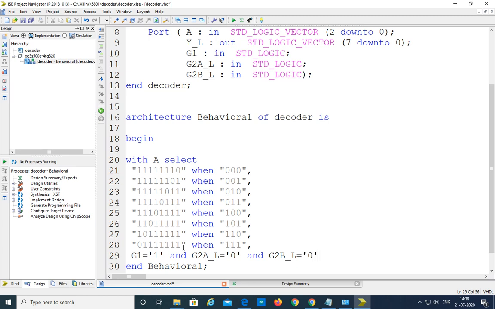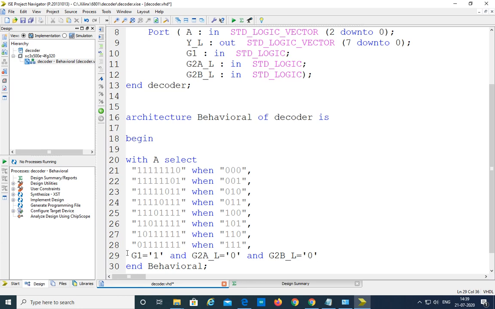That is when these three, G1 is equal to 1, G2A underscore L is equal to 0, and G2B underscore L is equal to 0. When this bit combination has occurred, then only the IC is active or enabled. Then only the output will be produced at the Y.